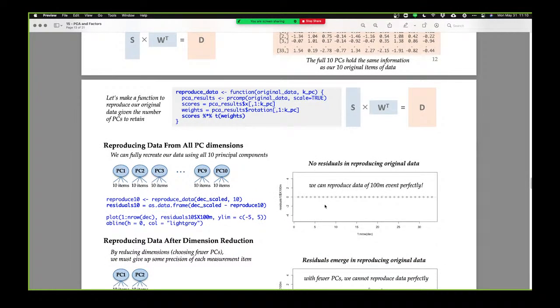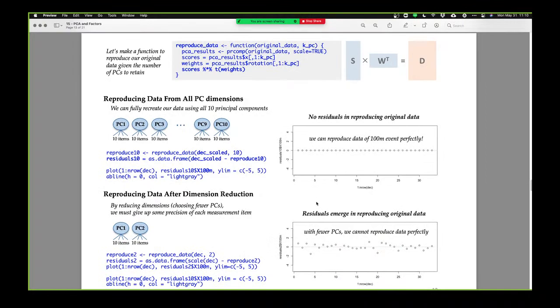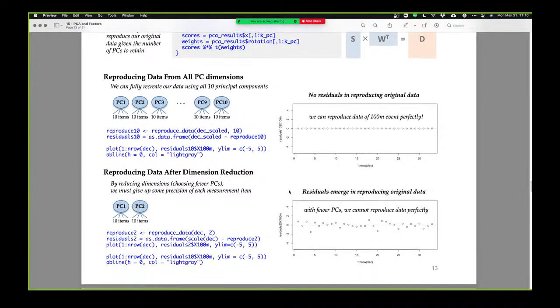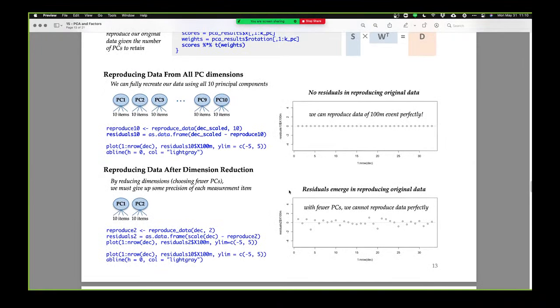If you use the scores of all 10, you'll perfectly reproduce it. If you use a fewer number, of course, you will start having error. But these techniques can be used to reproduce data from the PCA results. So that's just a little demonstration I wanted to show you, and that concludes my discussion about